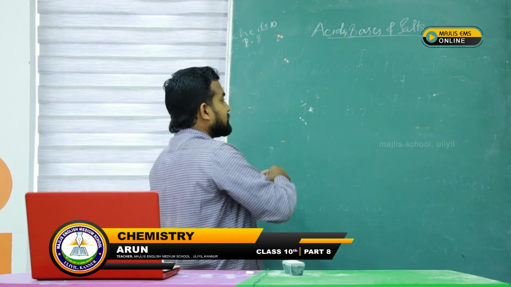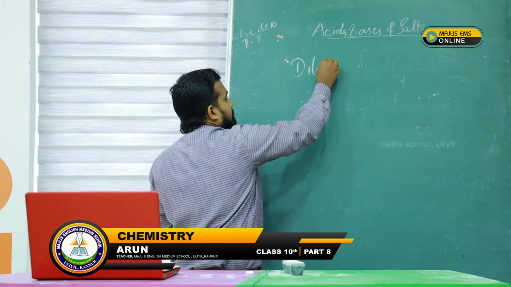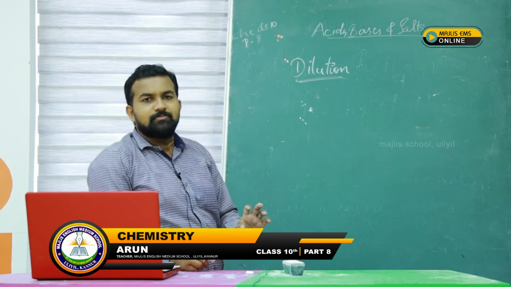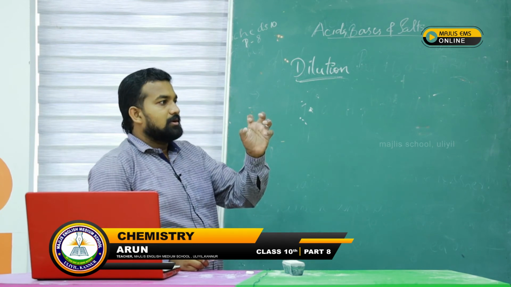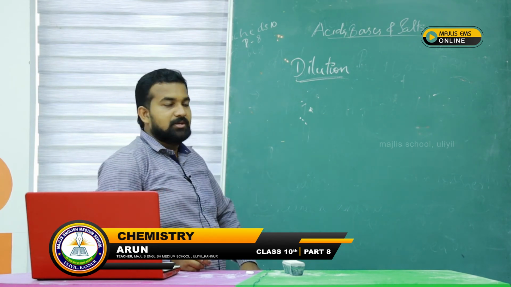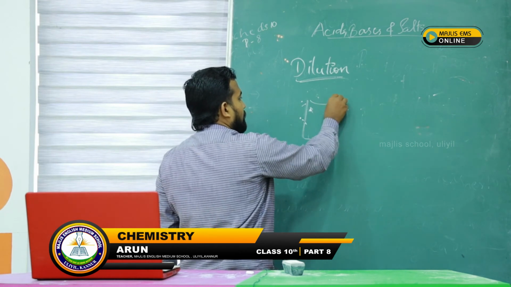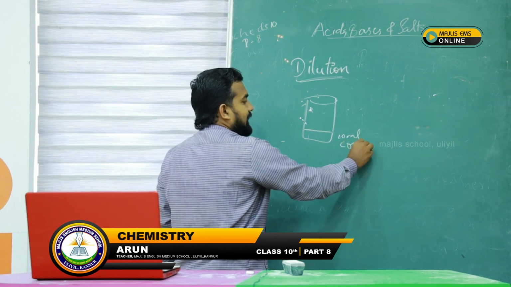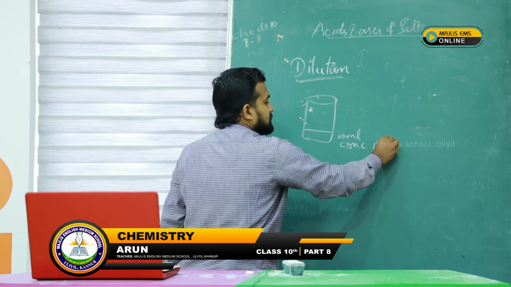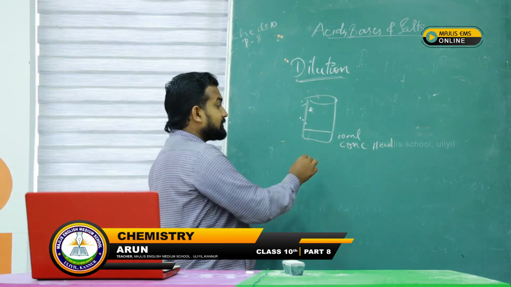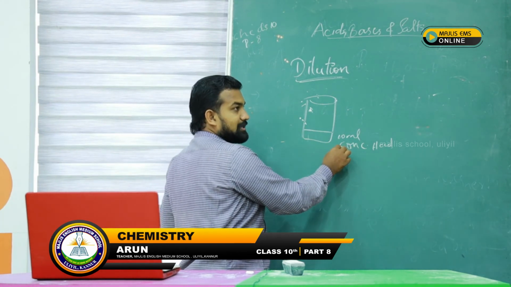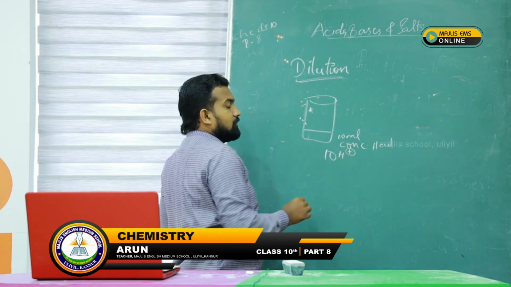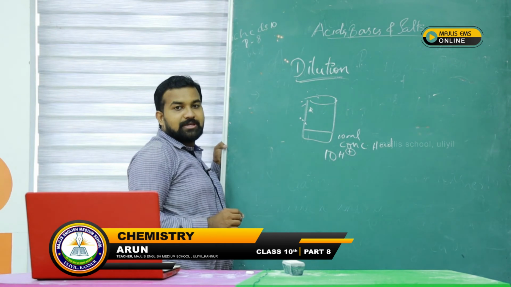Okay, now a new term, it's not a new term, but a phenomenon or a process, that is dilution. Dilution means adding acid into water. That means if you take a beaker and if you take 10 ml of concentrated acid, that means only acid is there. Imagine that only 10 H plus ions are there. 10 HCl molecules were there in 10 ml of water.